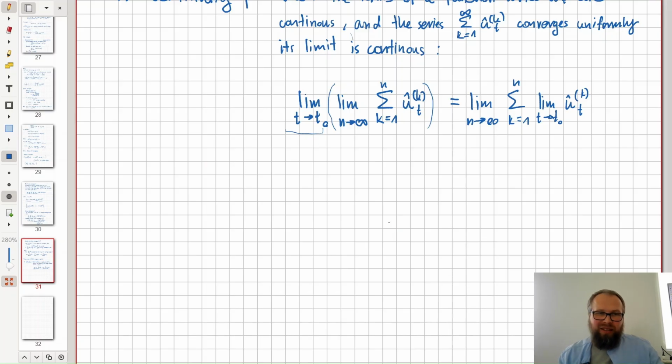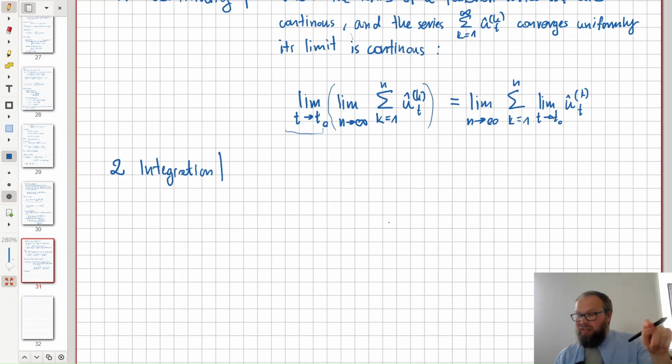Second thing, integration. So maybe I will just say it without writing. When your function series terms are integrable, so you have to start from that, integration makes sense for the terms themselves before you sum them up, and your series converges uniformly. So terms have to be integrable and converge uniformly. Then